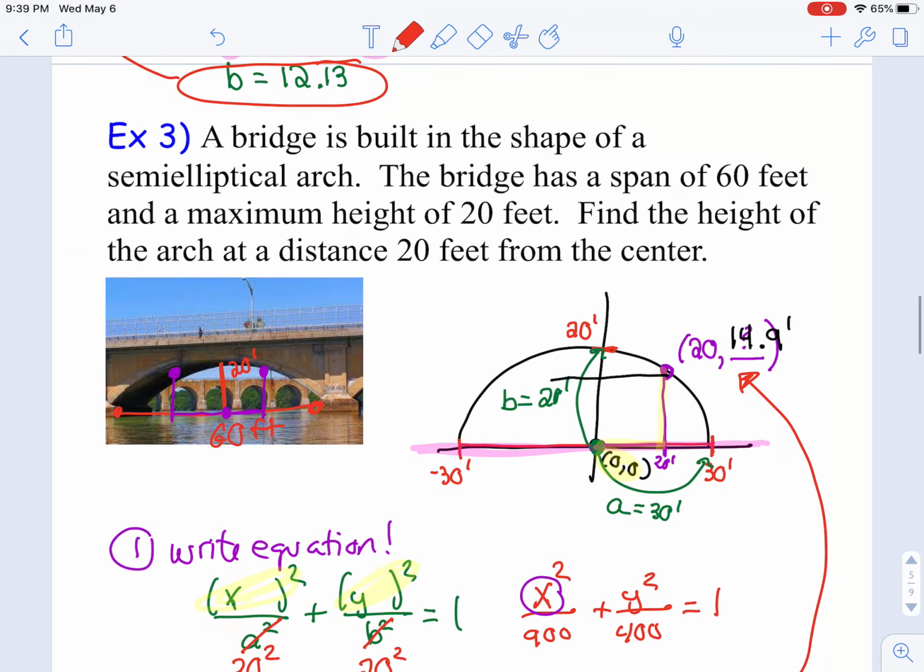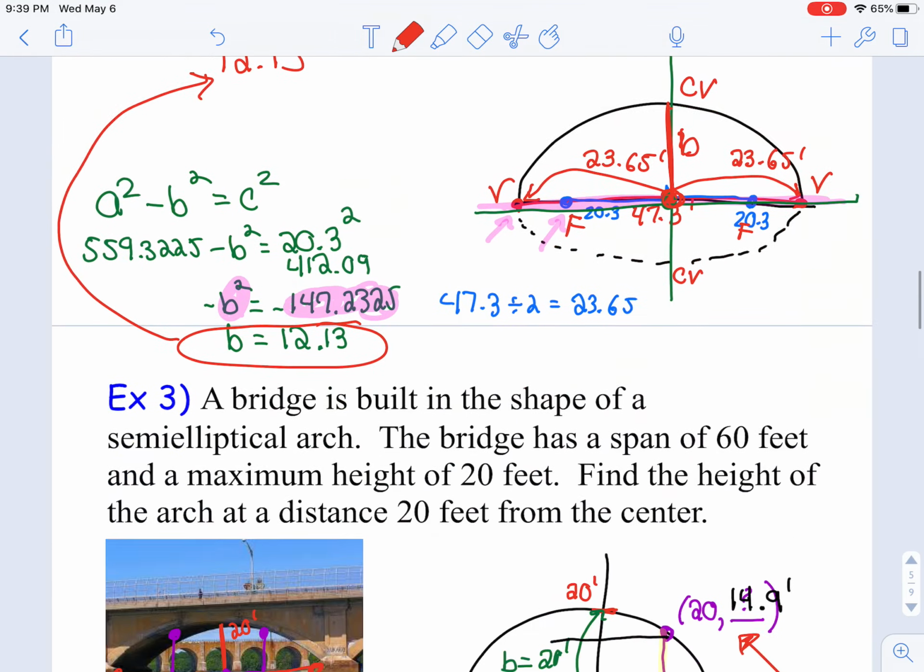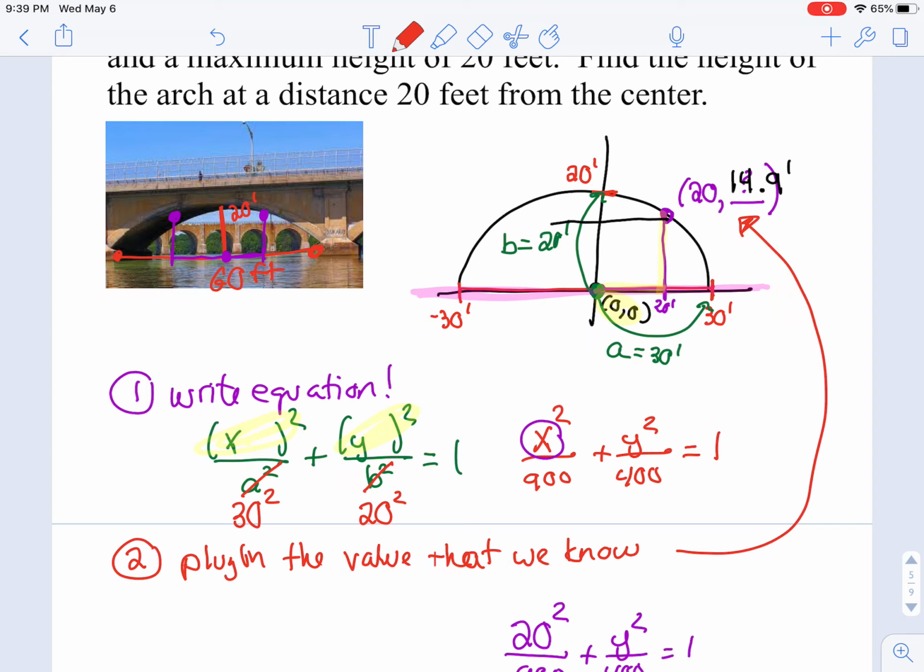So in your assignment, you're going to see a handful of different ellipse problems similar to these, some dealing with the Whispering Gallery, some dealing with elliptical bridges or arches, and